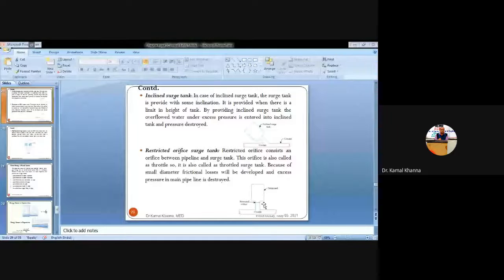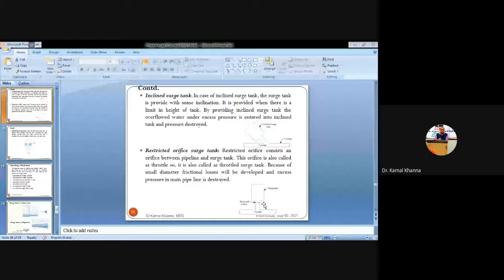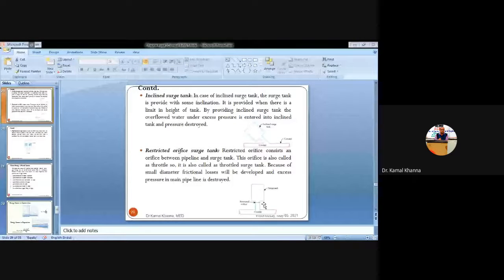The surge tank is connected to the penstock through an orifice that is provided at the base of the tank, and this restriction also increases the head loss, and consequently there is large acceleration and deceleration. So we have a very small orifice through which the water is transmitted from the conduit to the surge tank. Here, in the restricted orifice, we have a very small area. So you are increasing the velocity by decreasing the area, and hence you are decreasing the pressure.